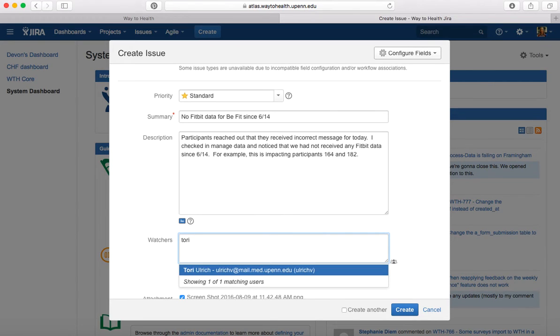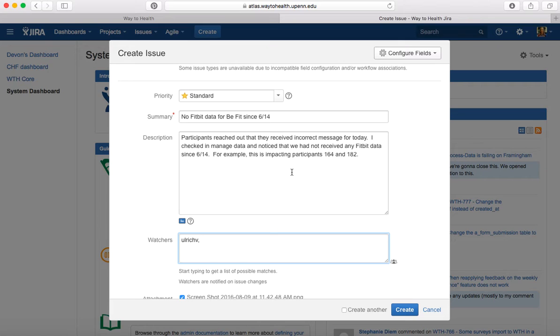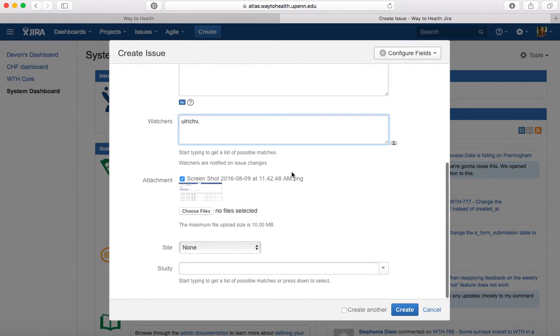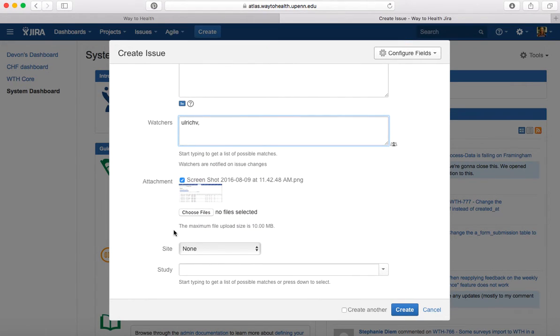So since Tori's the project manager on BFit, I'm going to tag her on this ticket. There's no need to tag any of the developers personally because they will get the updates automatically. Okay, so I have my watcher, I have my attachment on my screenshot, and now I'm going to want to